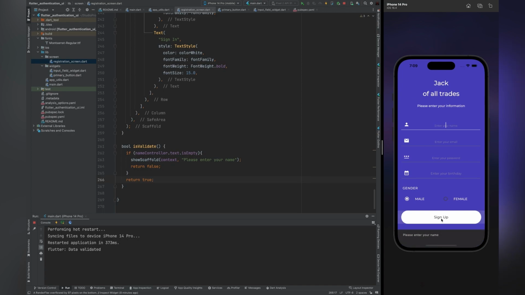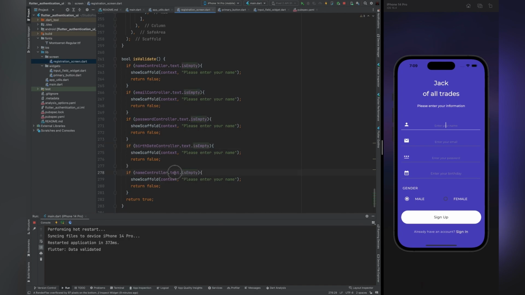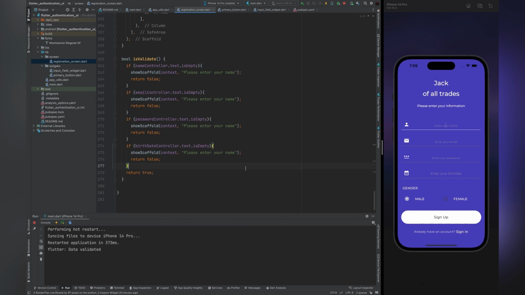So now what we can do is use this method of checking if the name controller or any controller is empty, and we will use scaffold to show the errors. So we can change the controllers, and at that place we can change it with birth controller, password controller, email controller, and for the errors we will make sure to change it to the corresponding text field's name. So now if we restart our application,